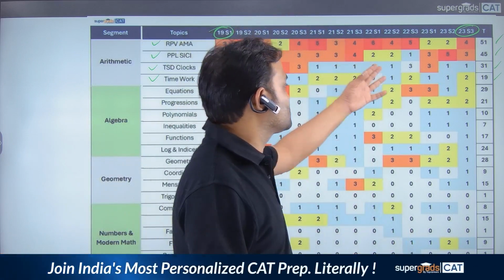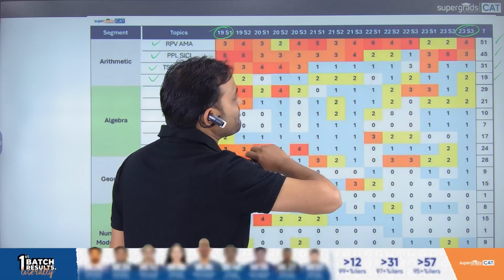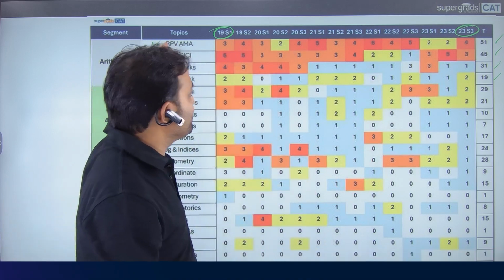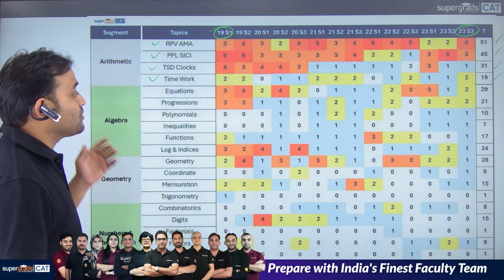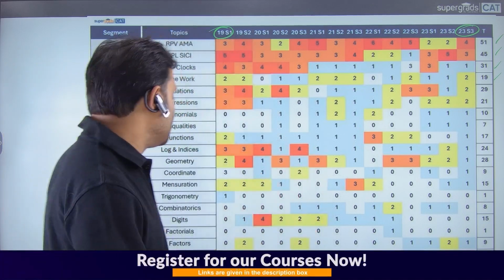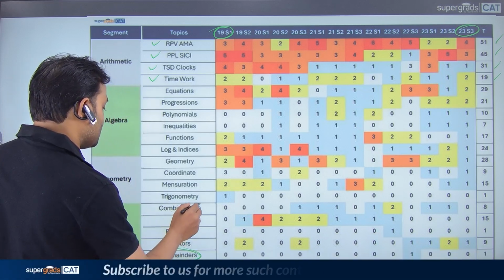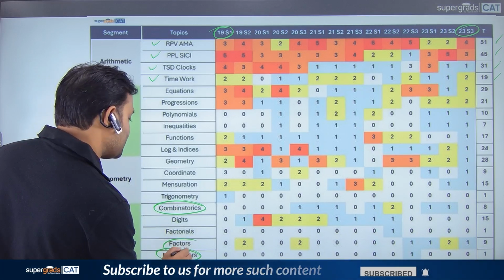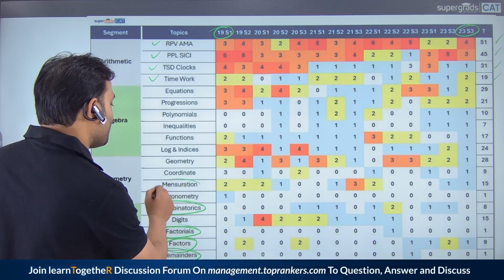There are so many questions. In fact, in the last 2 to 3 years, if you check, the number of questions is way more than in previous years. Apart from that, there are also some questions from algebra, but there are some tricky parts that you should focus on, like topics like remainders, topics like permutation and combination. Then come factors or factorials. These topics, coordinate geometry,